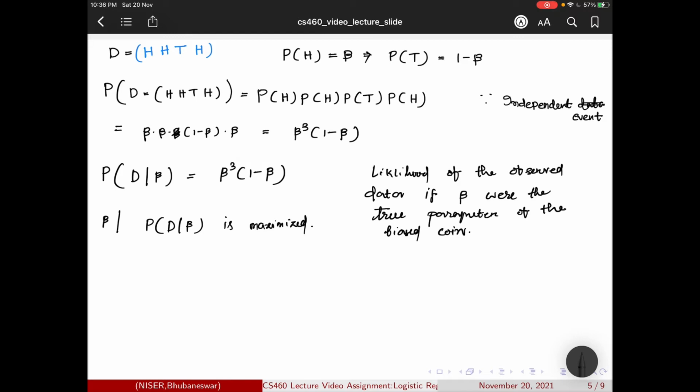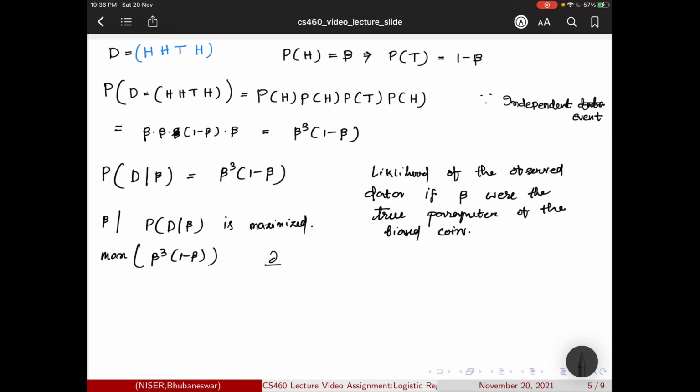So we just need to find the maximum of beta cube into 1 minus beta, and to do that we can simply find the derivative of this function with respect to beta.